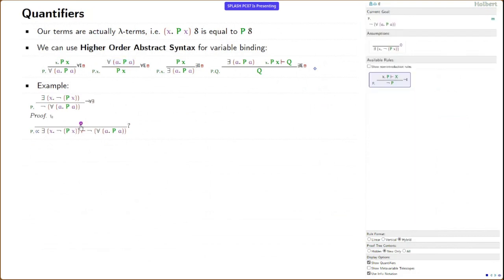So I can do this proof now. Here we've got this proof that says if there exists an x such that not p of x is true, then I need to show that it is not the case that for all a, p of a. So how should we do this? Well,